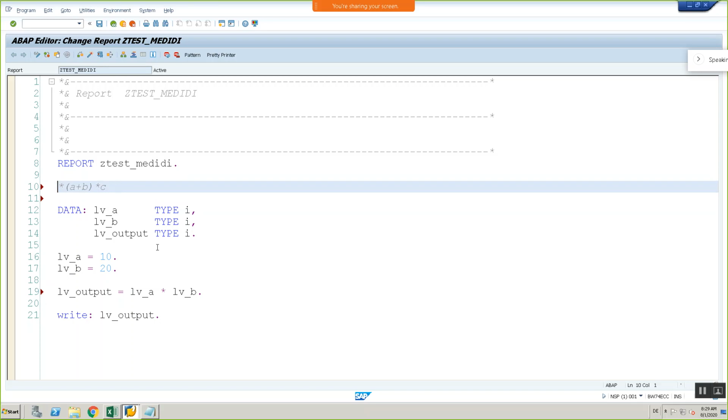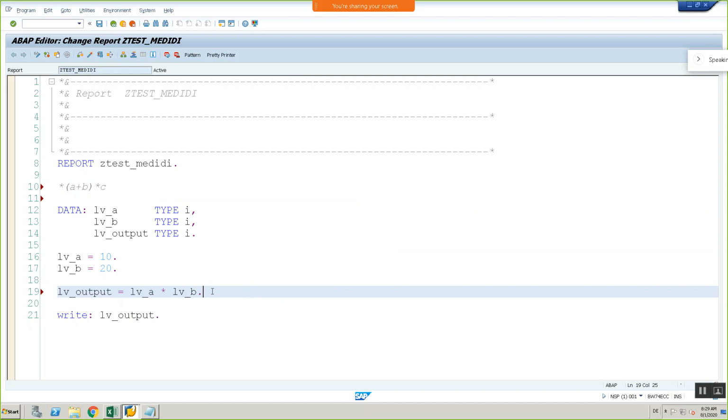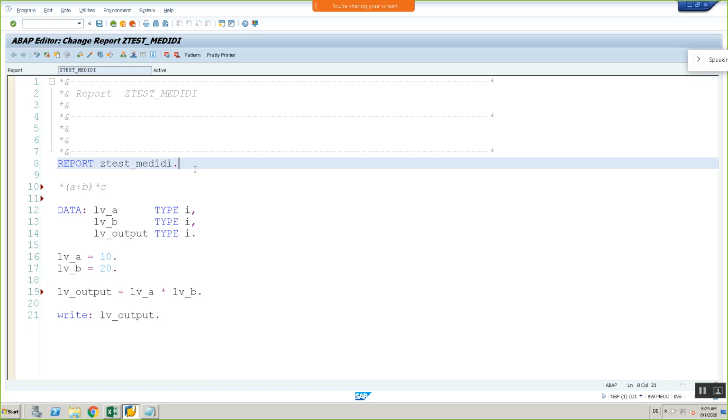Okay, and now one more point I am going to tell. So when we put our cursor anywhere on our screen, we can tell what position our cursor is at. Currently, I'm keeping my cursor after my program name. So I want to now define the coordinates of my cursor. So how can I define?